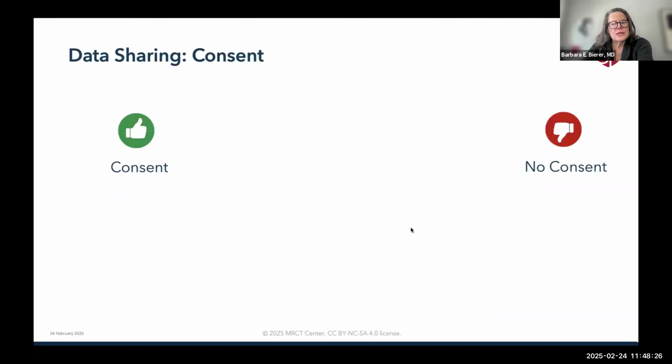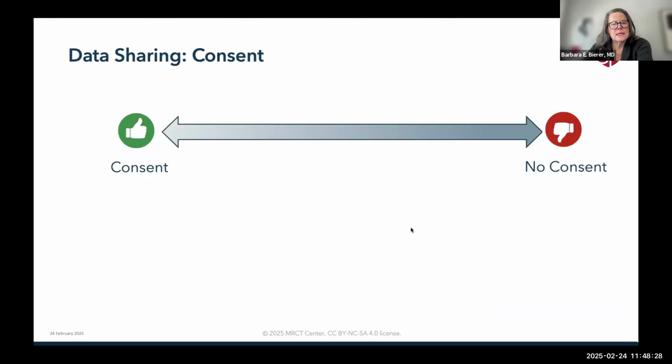So data sharing consent, again, a continuum where there's no consent to some consent and actual specific consent. Can you consent to broad data use from data that you contribute today? I would argue you can, but you should appreciate that your individual situation may well change as time moves forward. So what is a continuum between no consent and consent?